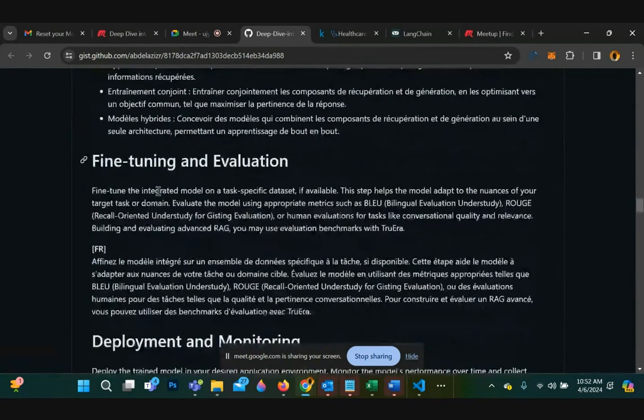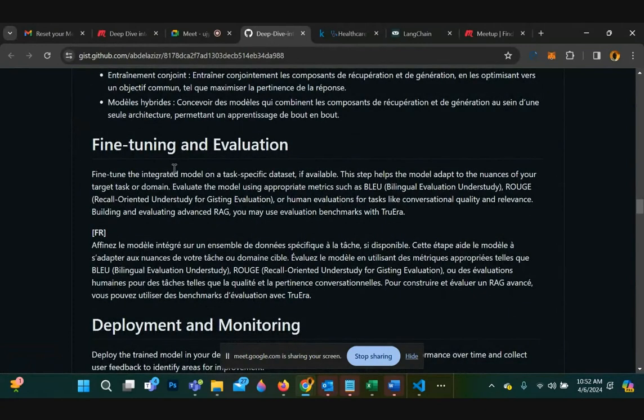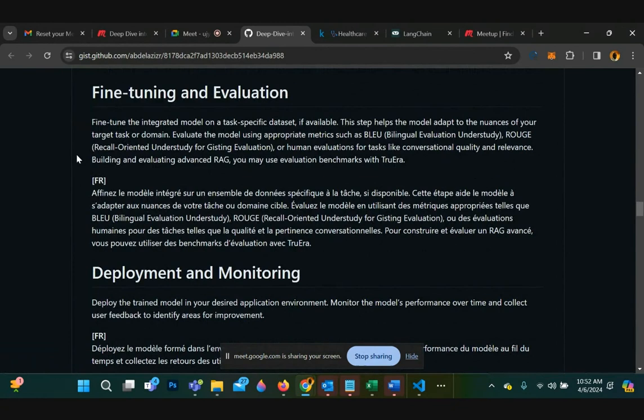As I mentioned, we're not going to touch on fine-tuning today, but you have to be aware that the retrieval model needs to be fine-tuned, the generation model needs to be fine-tuned, and also you have to think about evaluation.